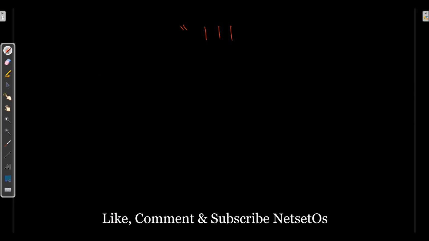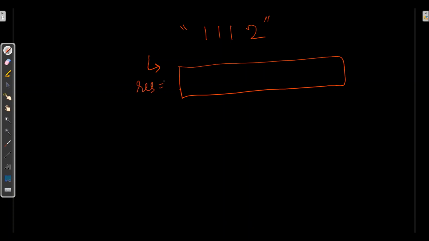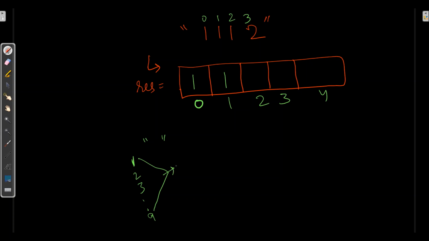So what exactly did we do? I took a number, then I made a resulting array. To make the resulting array, I take an array of size 5, and the 0th index and 1st index will be 1, because the 0th index is for the empty string, and the 1st index, if the element is 1, 2, 3 up till 9, which if we decode will have just one possible way to decode.